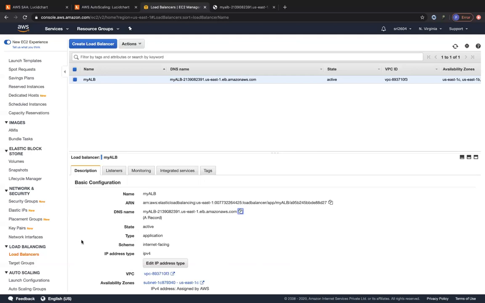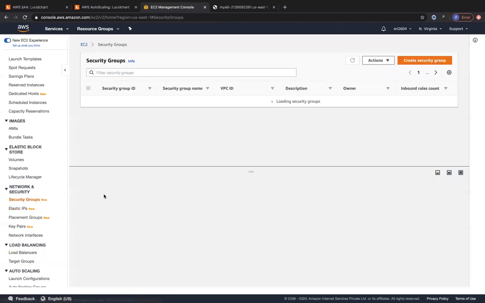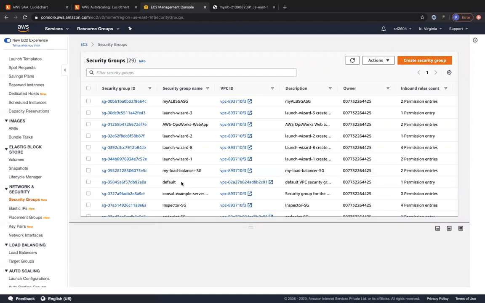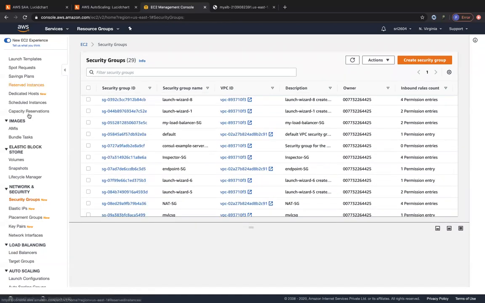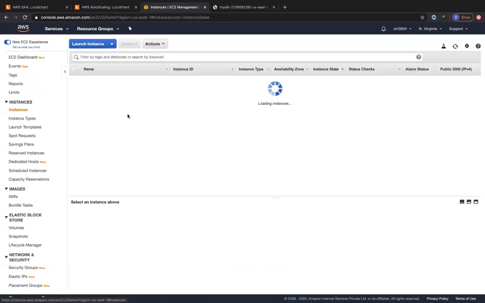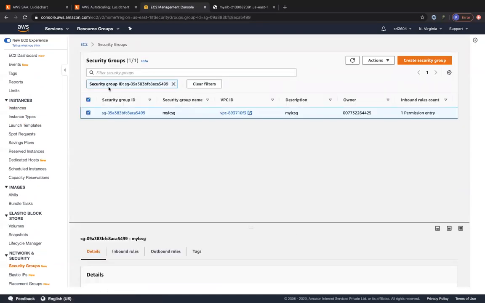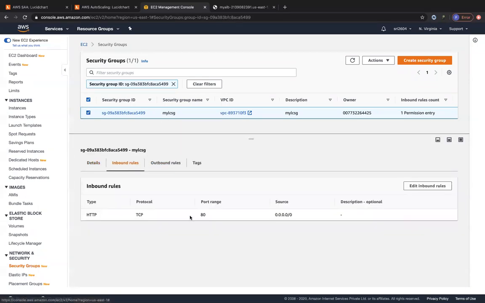So if you want to tighten the security groups, which we studied before, what you can possibly do is go to security groups and look for the security groups that you associated with the instances. Let me find that security group by directly looking at the instances. So let us look at one of the security groups over here. It was called MyLCSG. And you can see over here, we've opened up port 80 to the outside world. That's the reason why the load balancer was able to hit it. Otherwise, the load balancer won't be able to hit it.